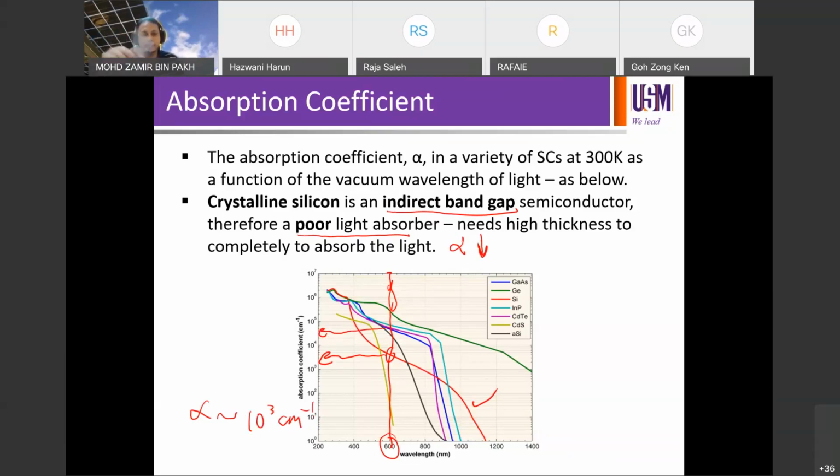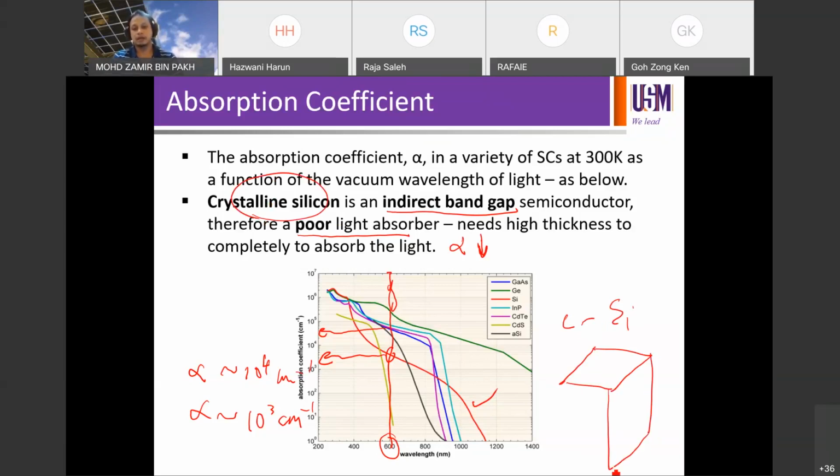whereas gallium arsenide has 10 to the 4. Right, gallium arsenide has 10 to the 4. So that's about seven orders of magnitude higher for gallium arsenide due to its direct band gap nature. Okay, so this causes crystalline silicon to have poor light absorption. It means, if you want to use crystalline silicon for a solar cell, because a solar cell operates based on light absorption, that means you need to use a very